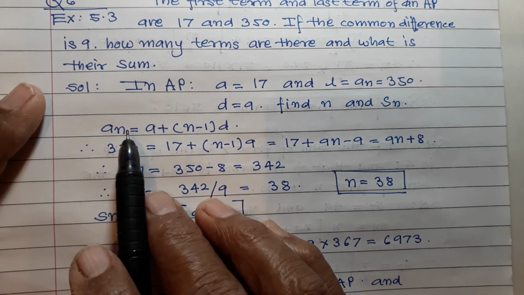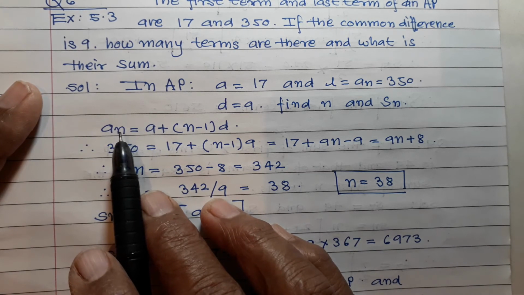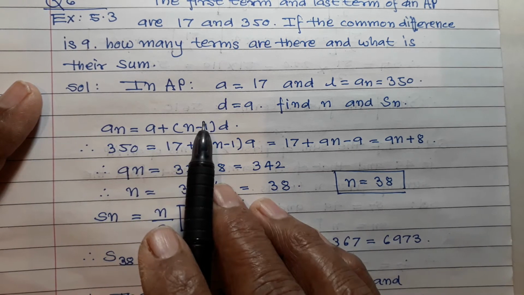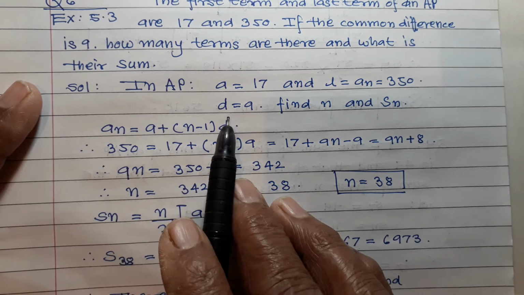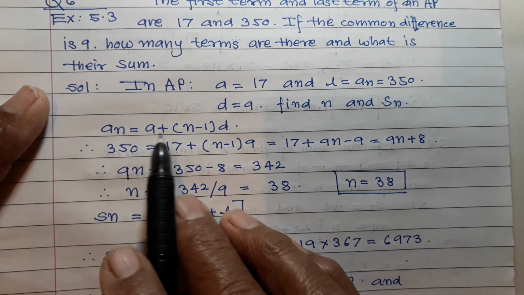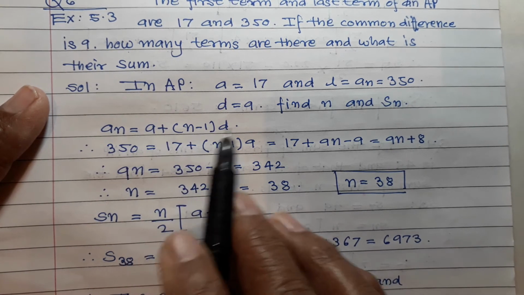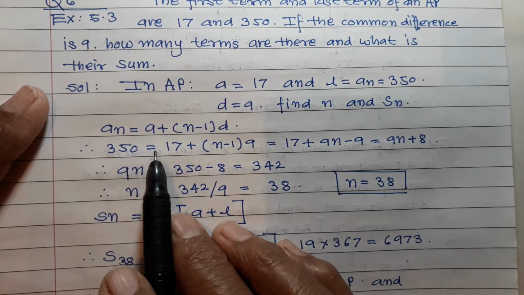So in this case, a_n is given and therefore by means of a_n you find the number of terms. Okay. a_n is equal to a plus (n minus 1) into d, and therefore 350 is equal